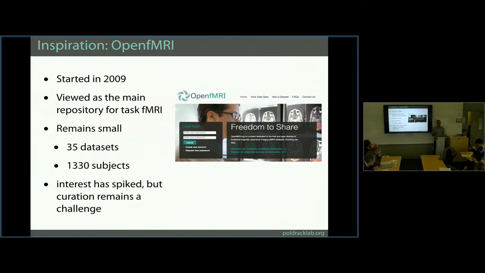But one of the real challenges is curation. These are complex data sets, complex metadata, and to date, all the curation has been manual. So somebody sees a data set, we have a data format that we put on the site many years ago, and we expect people to sort of put their data in it, but we never had a way to really tell them whether they'd done it right, and they never quite got it right. So the one question was, how can we sort of extend what OpenFMRI is doing to make it better and to integrate analysis with data sharing.